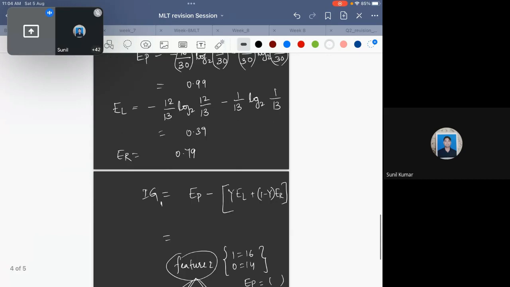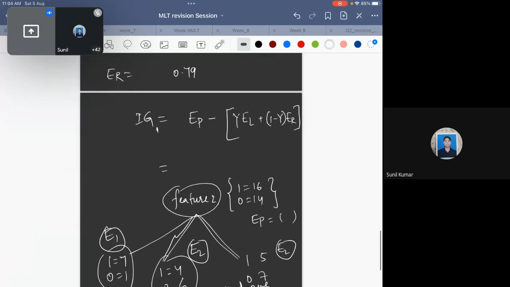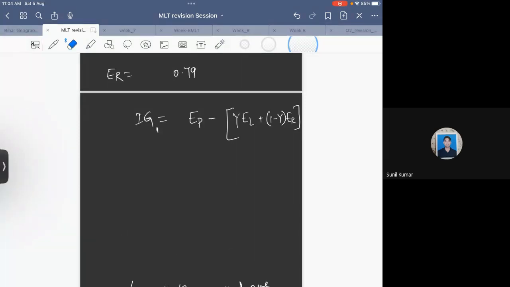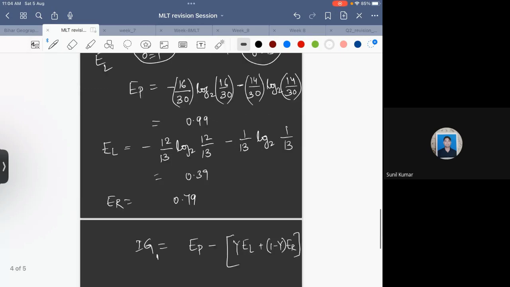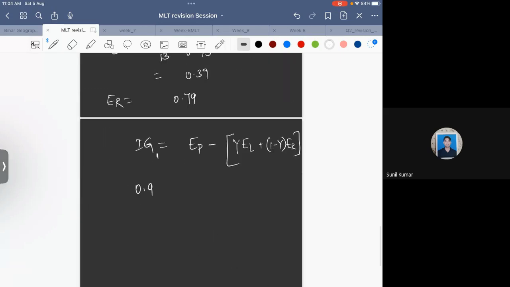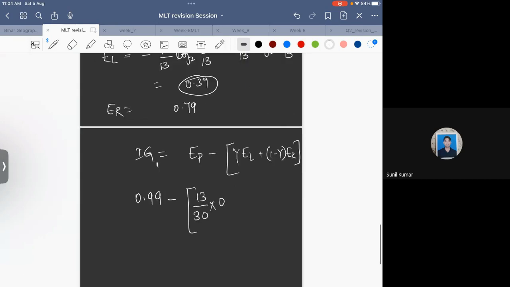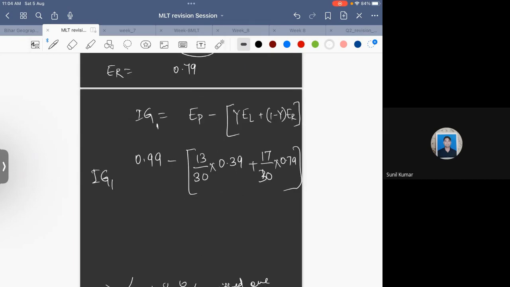If you have to calculate the information gain for this first feature, IG1, what will you do? You have the exact value of EP. I have calculated it, this is 0.99. So 0.99 minus the gamma value, 13 upon 30, into EL, the value of EL is 0.39, plus 17 upon 30 into 0.79. So this is how you will calculate the IG1. Let's say you are getting some 0.99 minus some values like 13 into